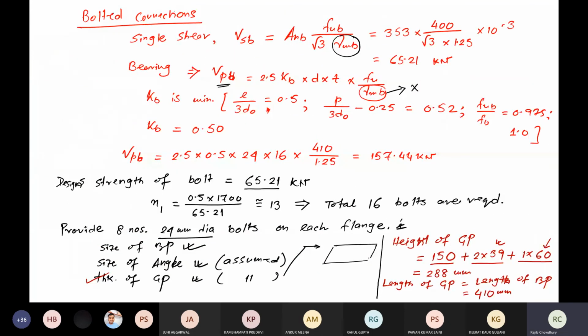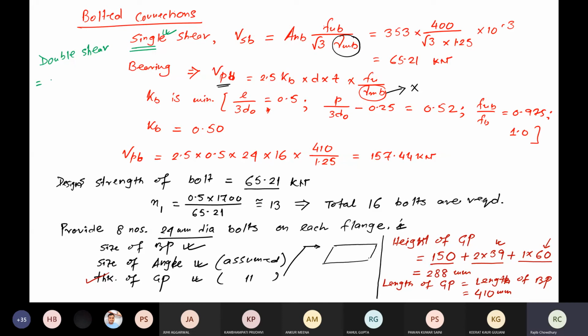Here, actually, I was supposed to calculate that. That is a very good point that you have identified. Actually, we need to find out not only the single shear, but also the double shear. So how much would be the double shear? Let us calculate over here. If we consider the same 2 times of A and B, we would directly get 130.4 kilonewton.